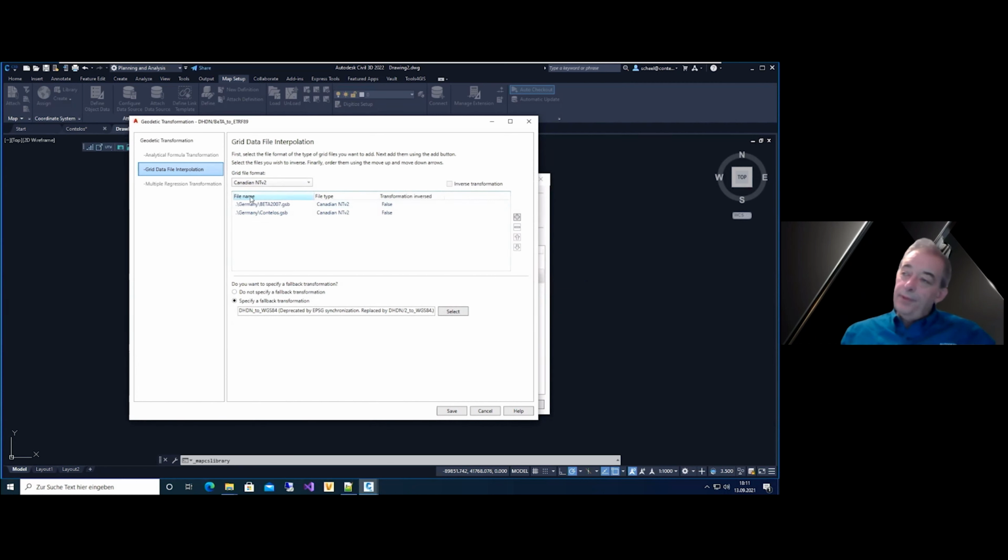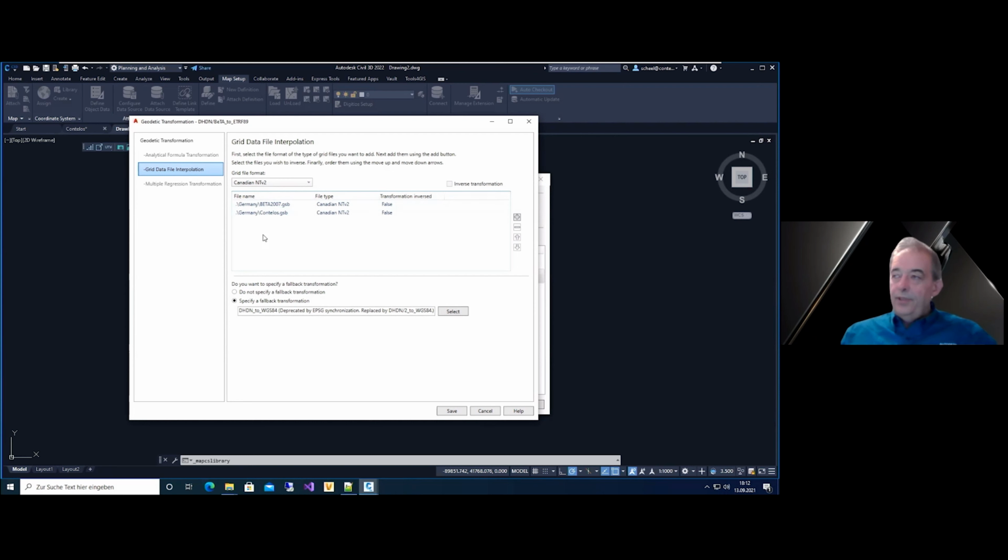Now you have, in this case, two GSB files. And important is the ranking. When searching for a GSB file and checking the area, it starts at the top and goes down.